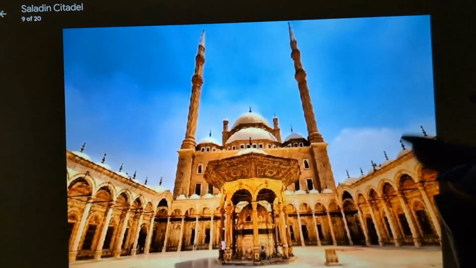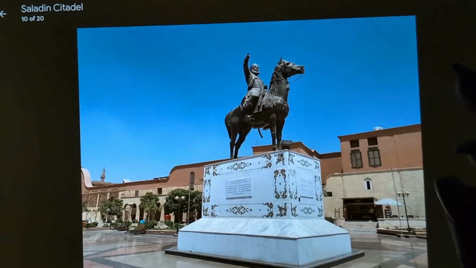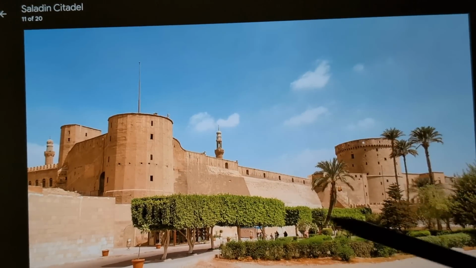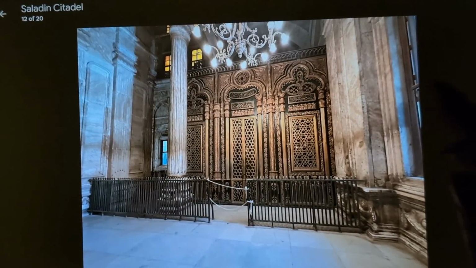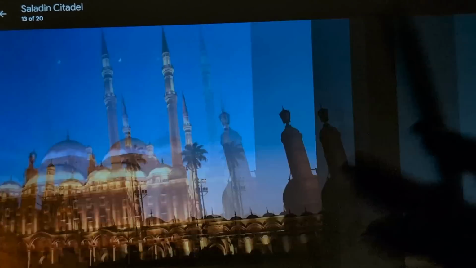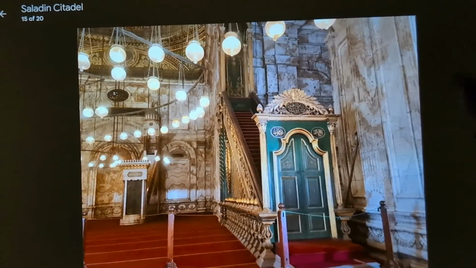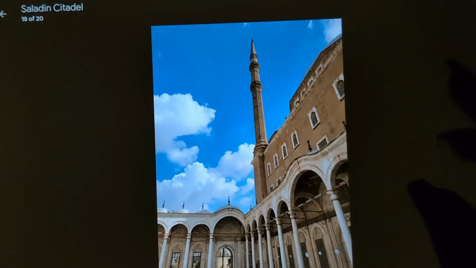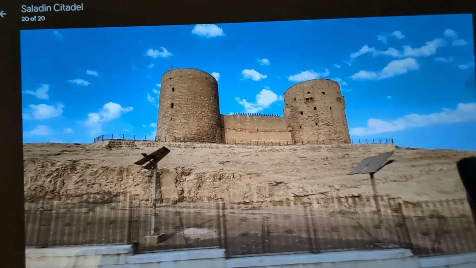Like all of Egypt was ruled from here. Big, tall minarets, statues, all the old towers there, fortifications. Oh, pretty. With the moon out, that's perfect. Yeah, all ornate and beautiful. It's a lovely building.